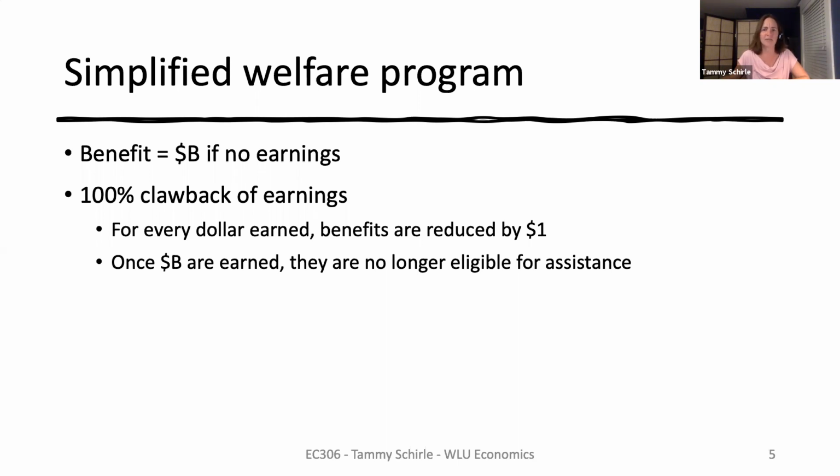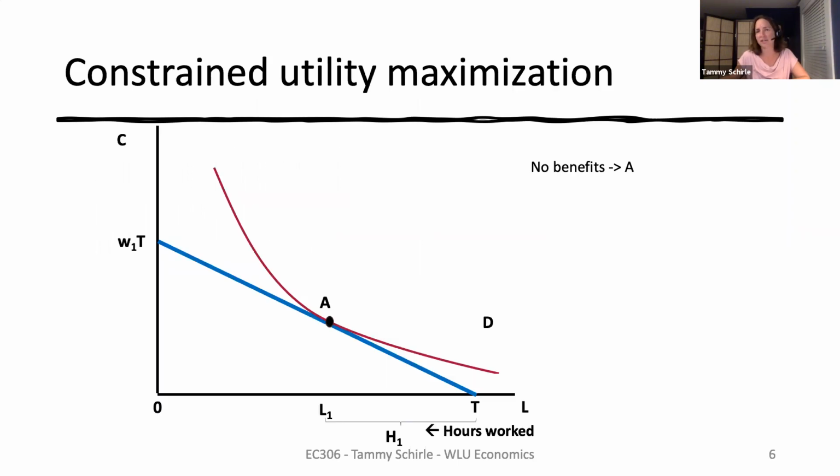I realize this seems rather odd to some, but for many years, this was how many social assistance programs in Canada were structured. We'll return to our basic model here, but notice we are starting in a world with no non-labor income. That makes most sense when we're talking about social assistance recipients. Their full potential income is W1T if they worked all the time. But this person is choosing the bundle at point A, where they can work H1 hours with L1 hours of leisure.